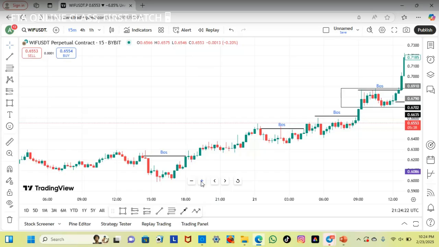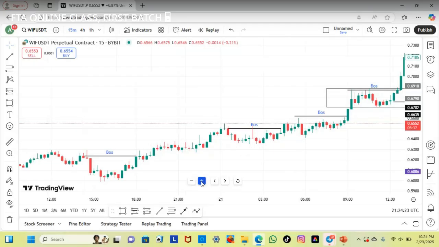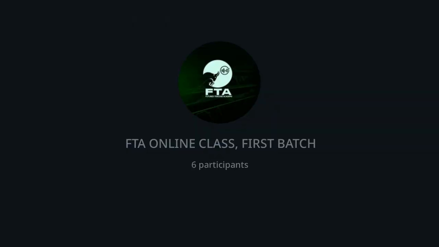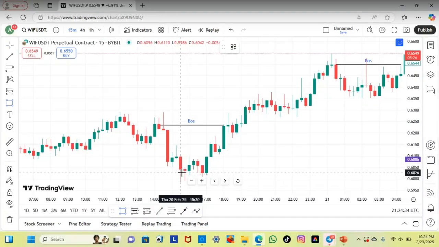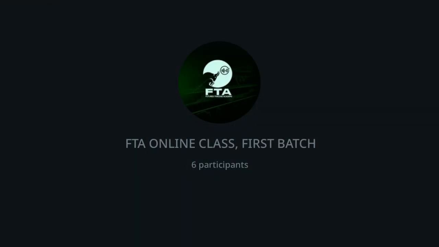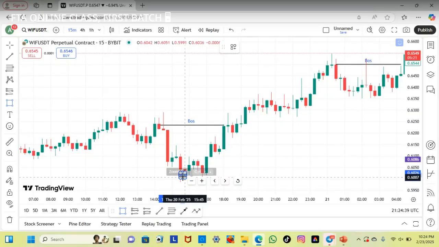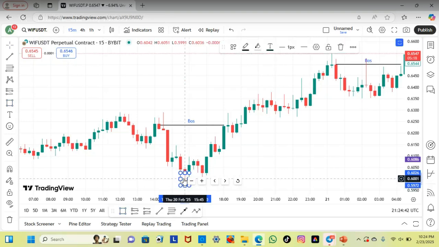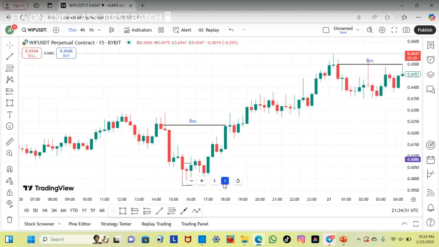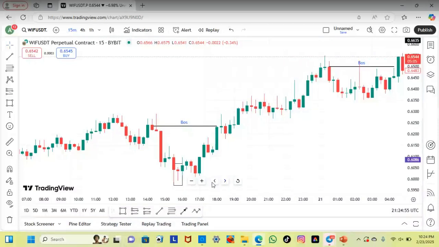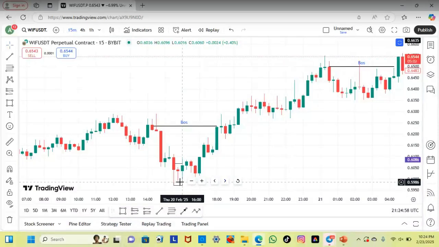I believe we can all see my screen very well. So this is a hammer pattern. Let me put it on the box. So you can see it here now. I've put it on the box here. So this is the box. You can see the hammer there.